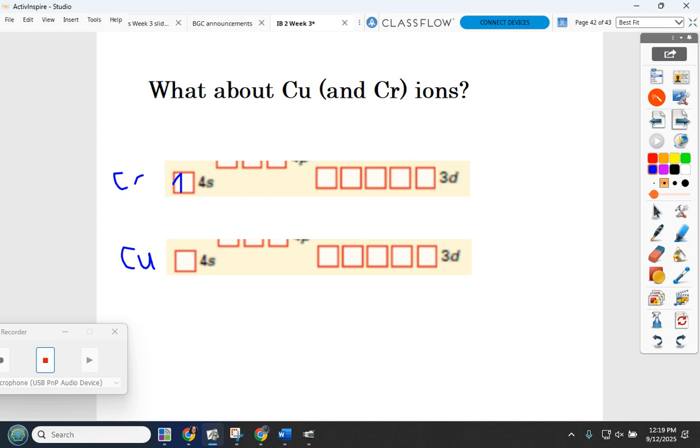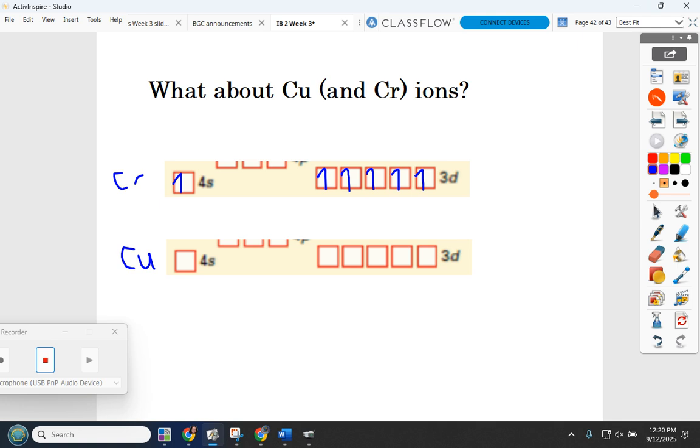So if we look at ions, this is our neutral configuration for chromium. Okay, 4s1, 3d5. If we lose one electron, we're going to lose it from the 4s. So if it's a 1 plus charge, then this is going to be gone. You don't see a lot of that for chromium,